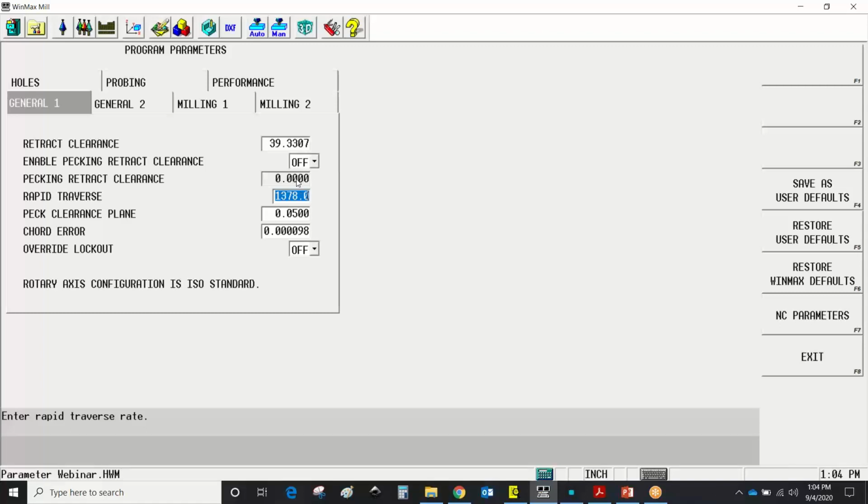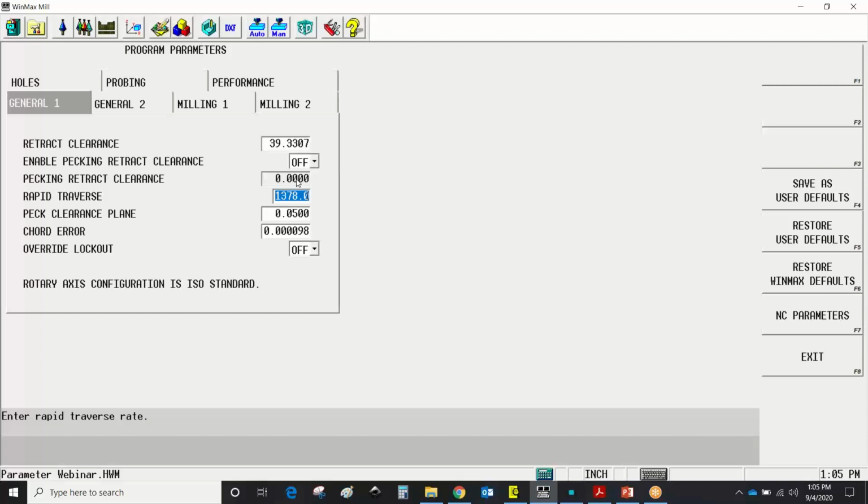The next one is rapid traverse of the machine. This is the maximum. It's able to be set to whatever the maximum is for your particular machine. If you have a VM series machine, this will be a little bit smaller number. If you have a VMX, it could be a larger number. This will either be in inches per minute or millimeters per minute, depending on what your control happens to be set to at the time you go in here. But this is how fast you will allow the machine to rapid when you put the potentiometer for rapid override